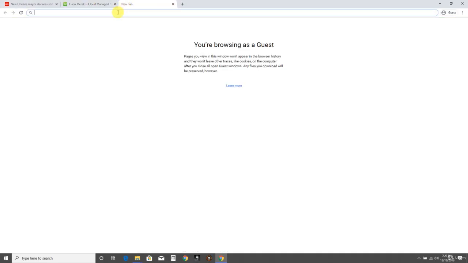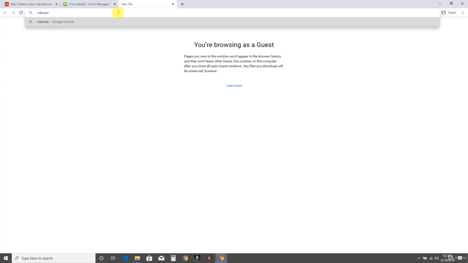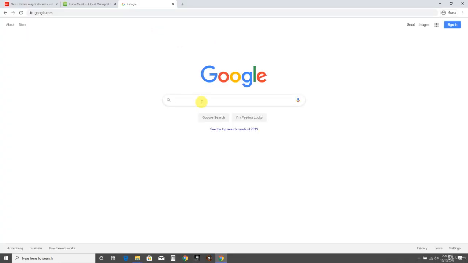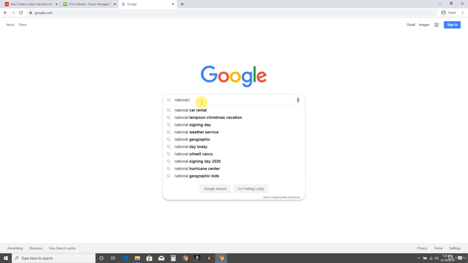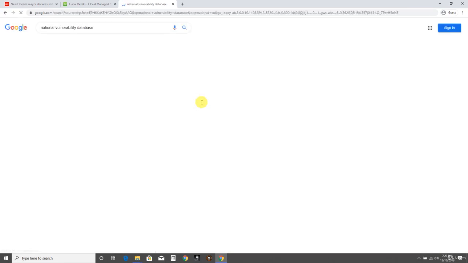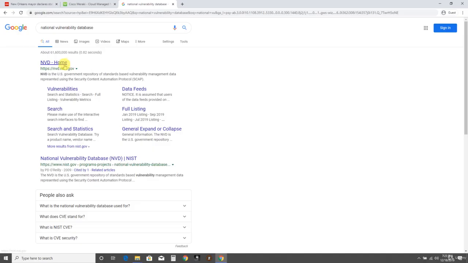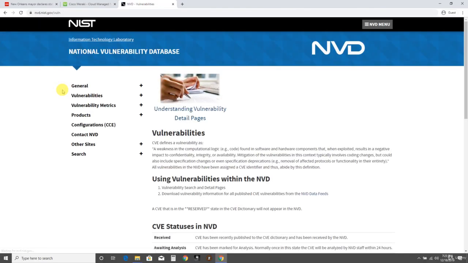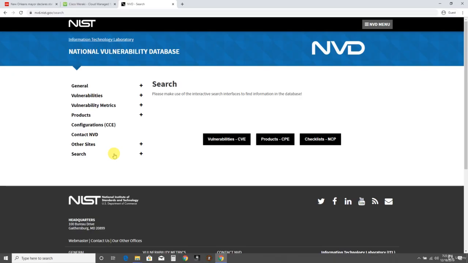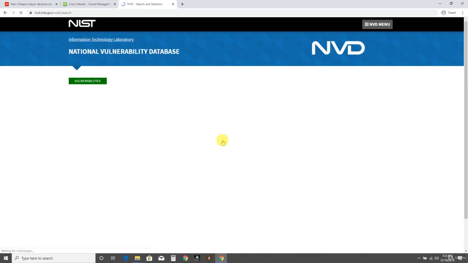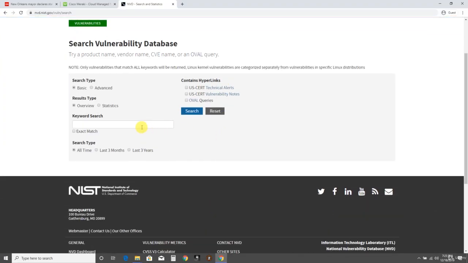Now, let's go over to the National Vulnerability Database. Actually, let's just Google it. Makes it a little easier. Okay, I'm going to click Vulnerabilities and then Search. Under Search, I'm going to select Vulnerabilities-CVE. All right, so now we can go ahead and search for our product. Let's type Cisco Meraki